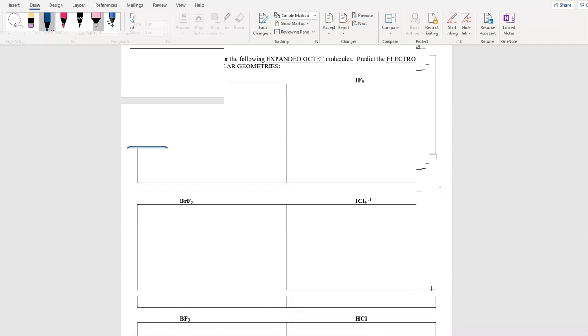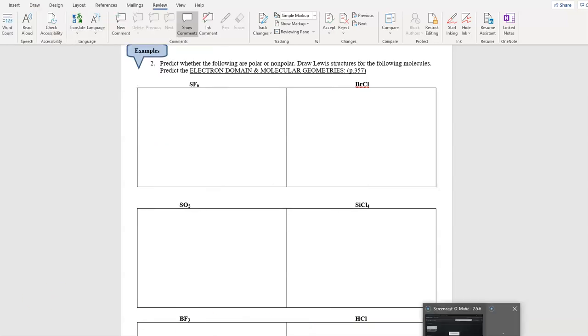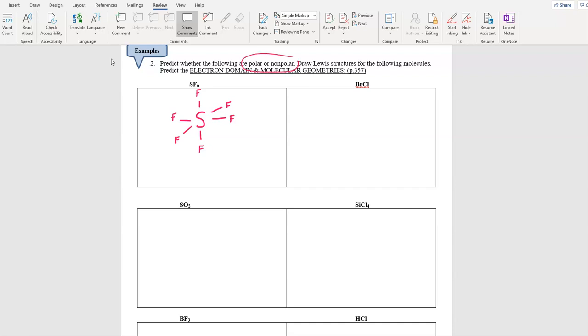Okay, so here we go. Let's predict polarity. So if I have SF6, I'm going to draw it real quick. And it may look like this and this. Do the Lewis structure, predict the electron domain and the molecular geometries, and we're going to predict polar or not. Now, for time's sake, I'm not going to draw the lone pairs on the fluorine, but do know